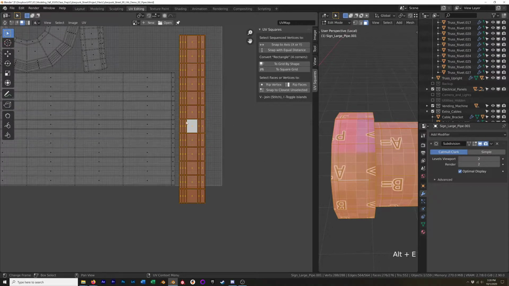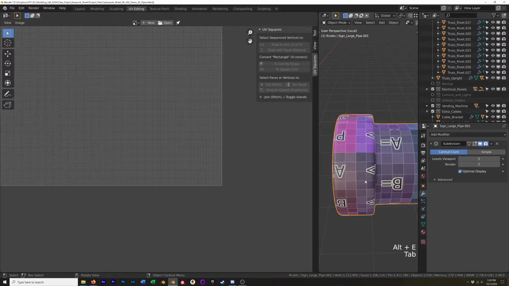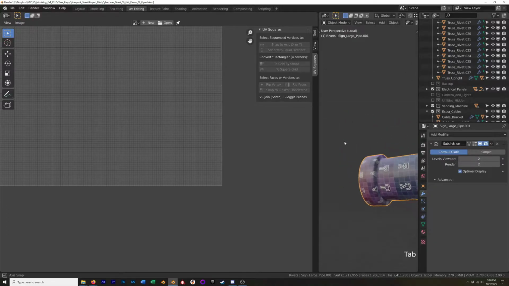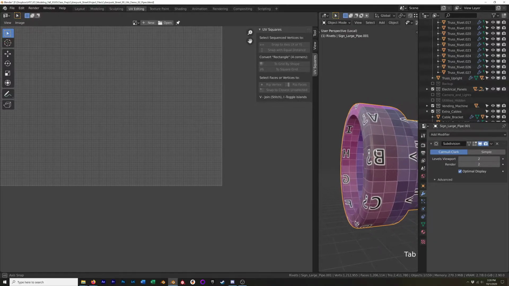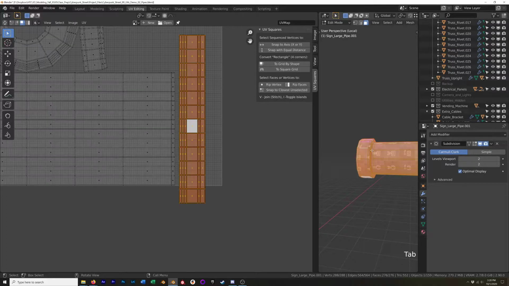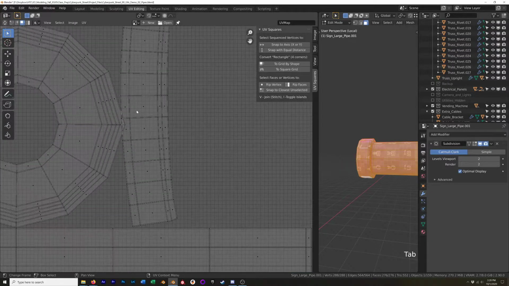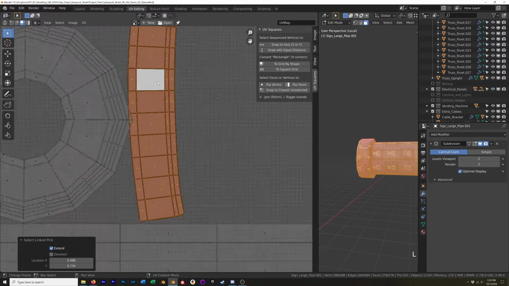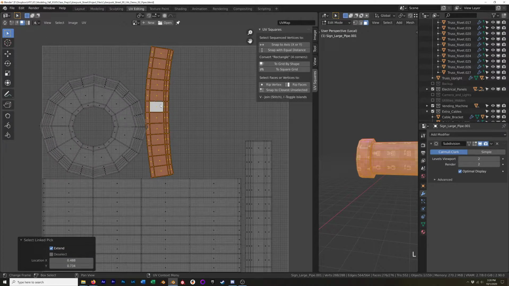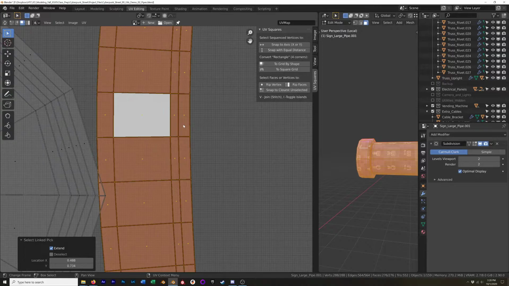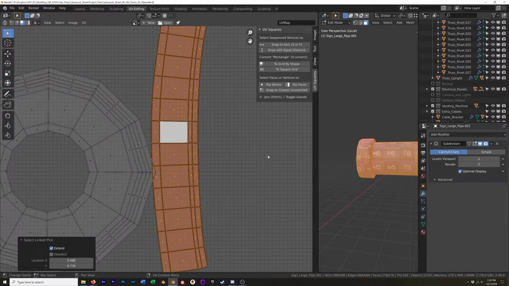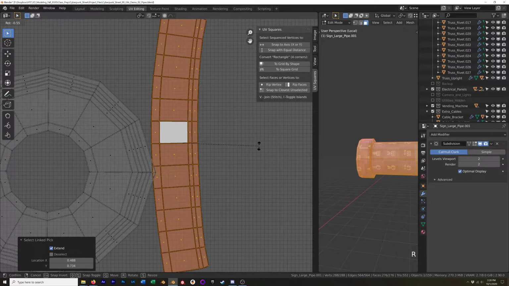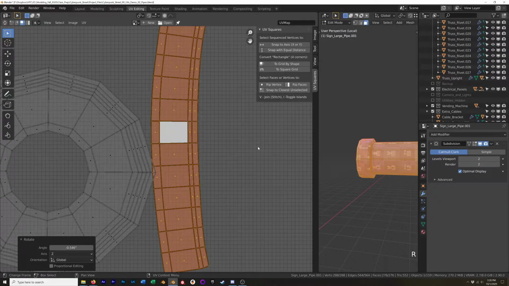And now it unwraps it in a perfect grid, and we can look at our 3D view, and it's looking quite beautiful. So we need to do the same thing over here. Now sometimes if we look at these UVs, it's not perfectly square. It's usually best to start with a face that's kind of internal, also average sized, and already pretty close to square. So I'm going to rotate this just a little bit to kind of flatten it out. And then once I have that, I can hit Alt-E,